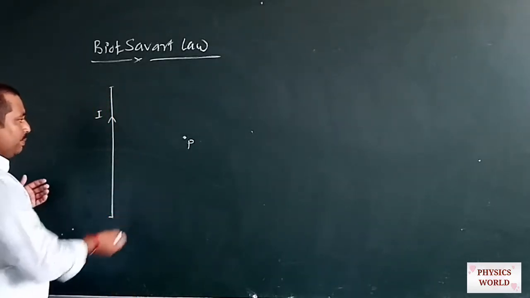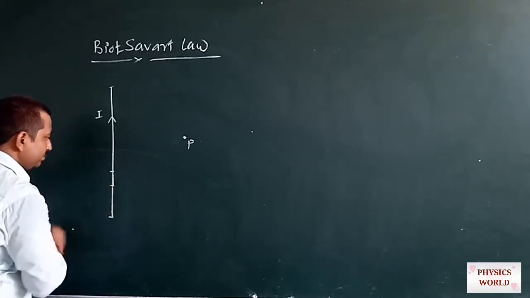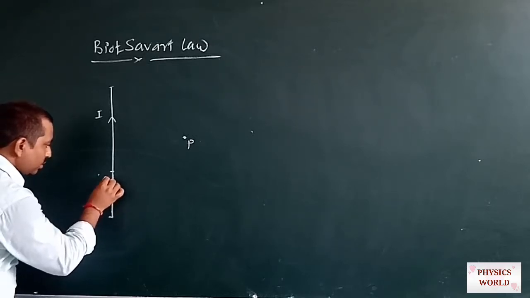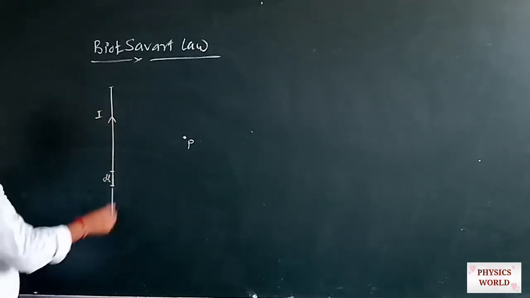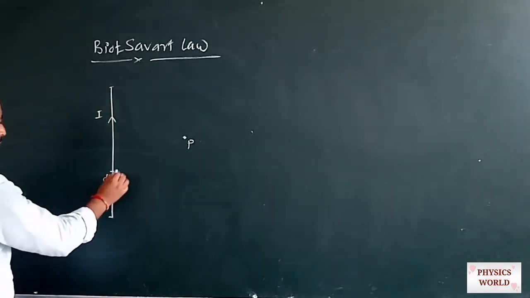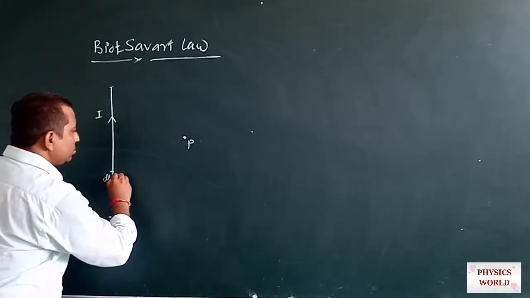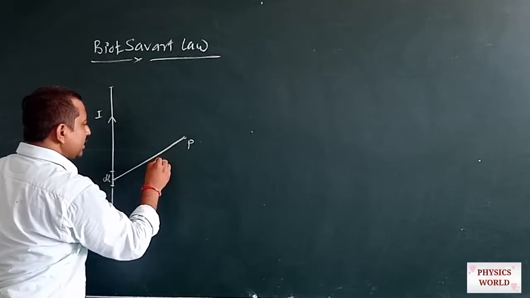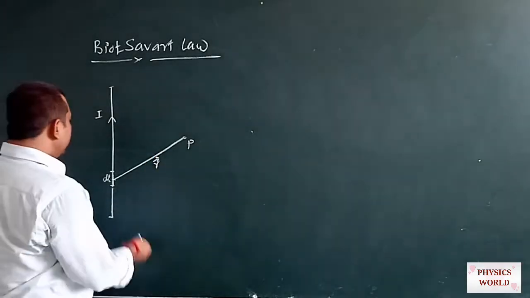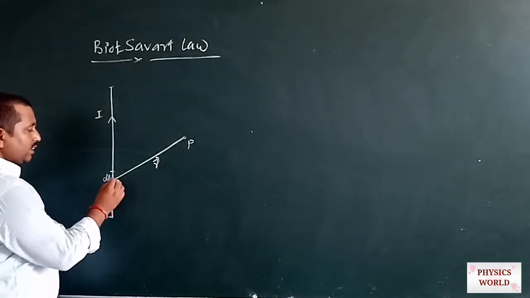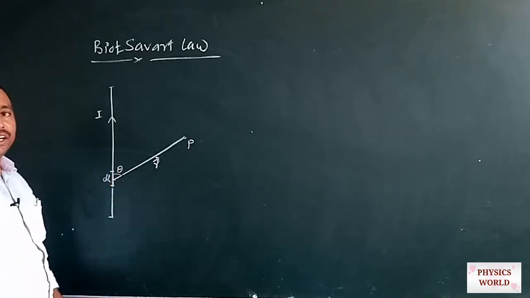So for simplicity, let us take a small current element I dl. Here the length of this rod is dl and the current flowing through it is I, so the value of the current element will be I dl. If we join the mid of this dl to the point P, then this indicates the direction of the position vector, that is r. Okay, if we want to know the direction of the current element relative to the position vector, then we can easily obtain this, it will be the value of theta.